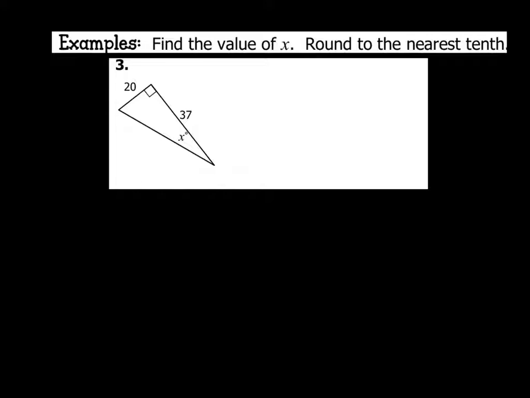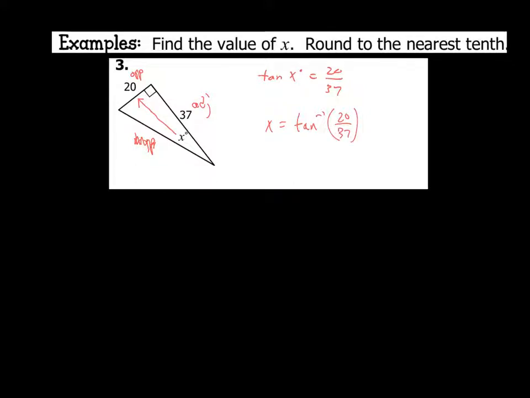So at this point, you should be saying, wow, this is fairly straightforward and easy. Yes, it is. Opposite the degree here is our opposite side. And this is our adjacent side. And this is the hypotenuse, although we don't need to label it. It's nice to see all the players. So I have opposite and adjacent. Sounds a lot like tangent of x degrees, if you ask me, is equal to opposite over adjacent, which is 20 over 37. So if that's the case, then x is going to be equal to the inverse tangent of 20 divided by